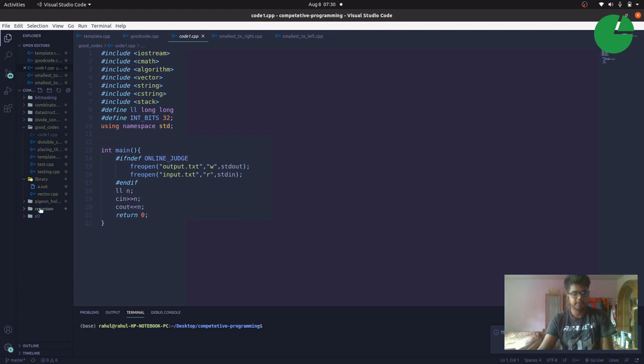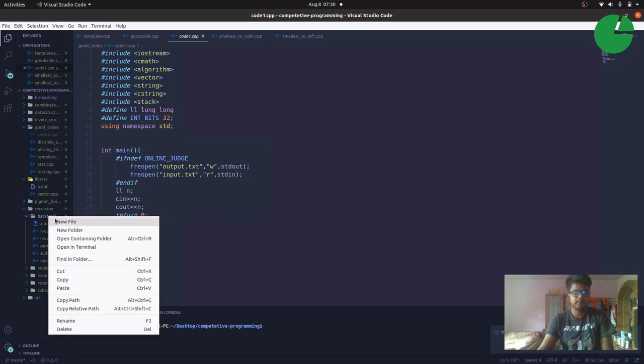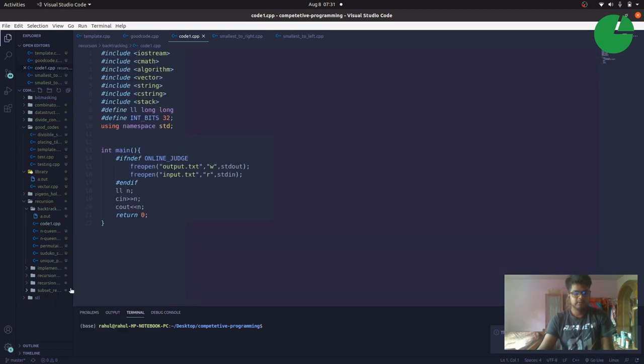Suppose it is on recursion and it is a question of backtracking, let's assume. Now I will paste it. Now I will hit F2 and rename it. It is some good code. Done.